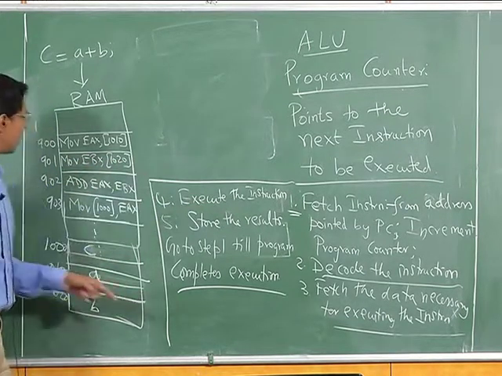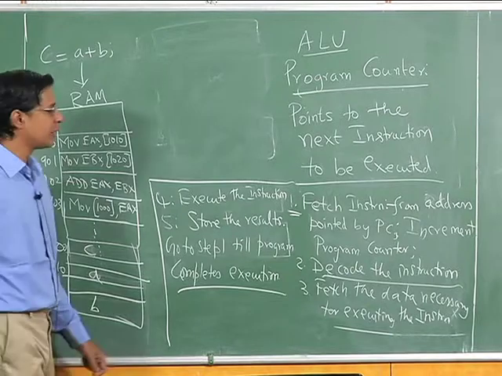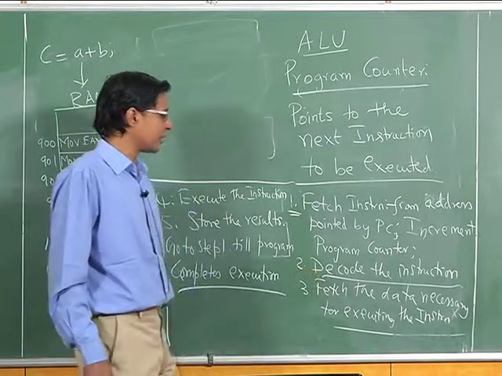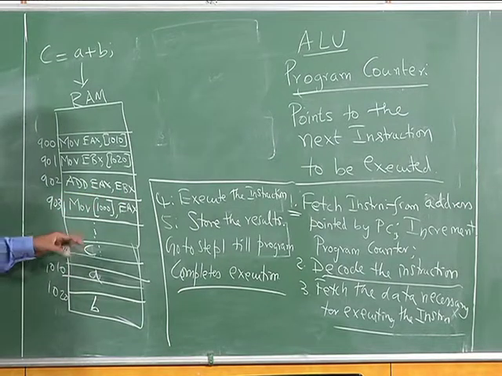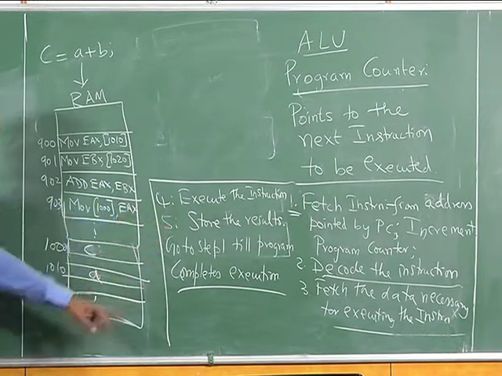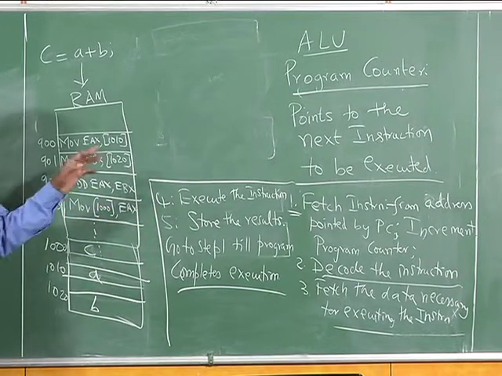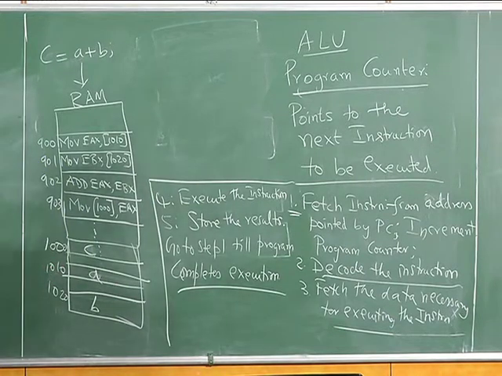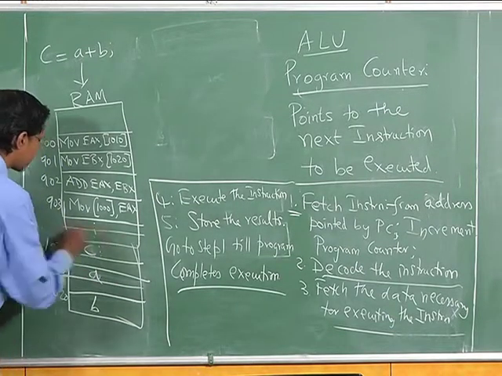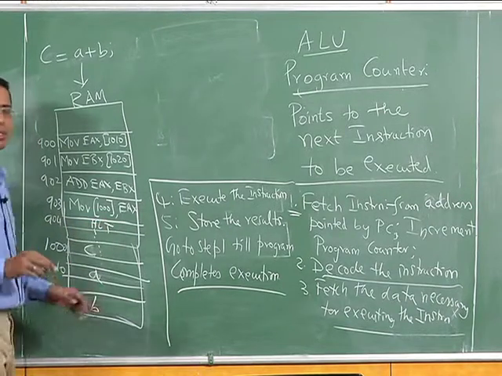In the third cycle, your program counter would be pointing to 902, where you get add EAX, EBX. You decode the instruction, you know it is add, then you fetch the data EAX and EBX, add them in the ALU, and then store back the result in EAX. Then you go back to 903 and so on, and this goes on till the program gets finished. So let the 904 instruction be something like halt, so it will stop.